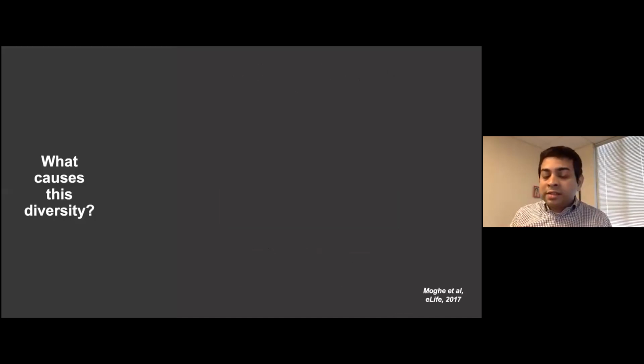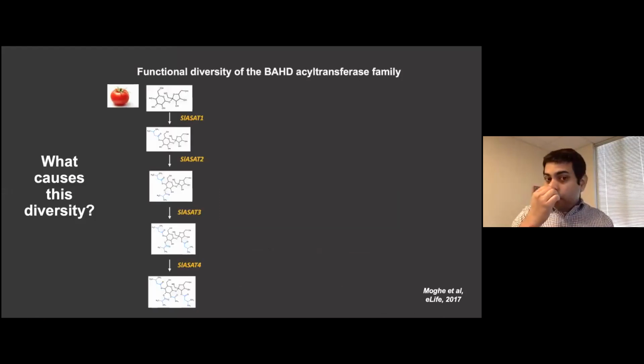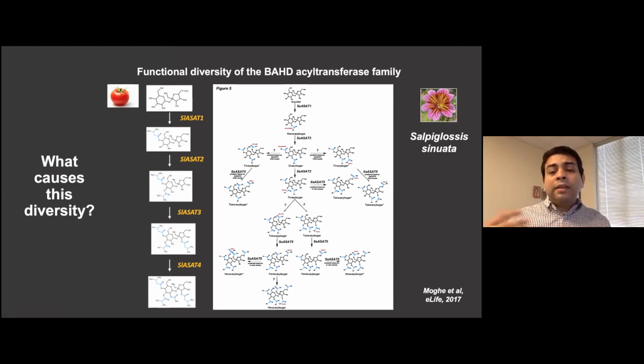Now, what causes this diversity at the biochemical mechanistic level? In tomato, all 4 enzymes that are involved in the production of these acyl sucroses are members of this family called the BAHD acyltransferase family. In tomato, there are 4 enzymes which are known to carry out these reactions. But in other species like Salpiglossis sinuata, which is one of the early emerging extant plants from one of the early emerging lineages in the Solanaceae family,